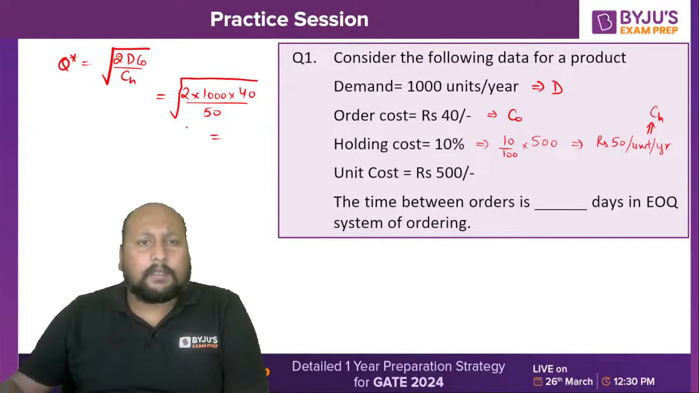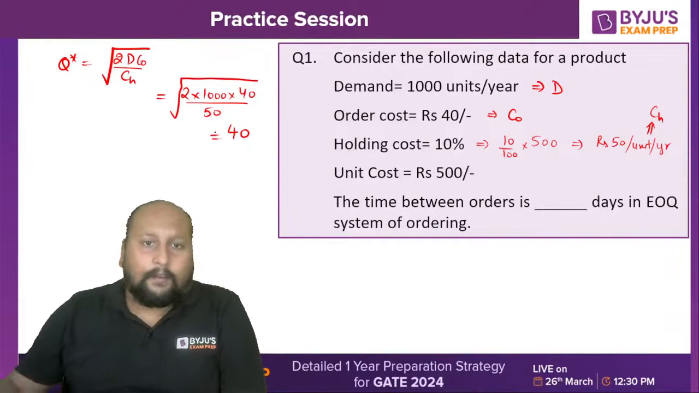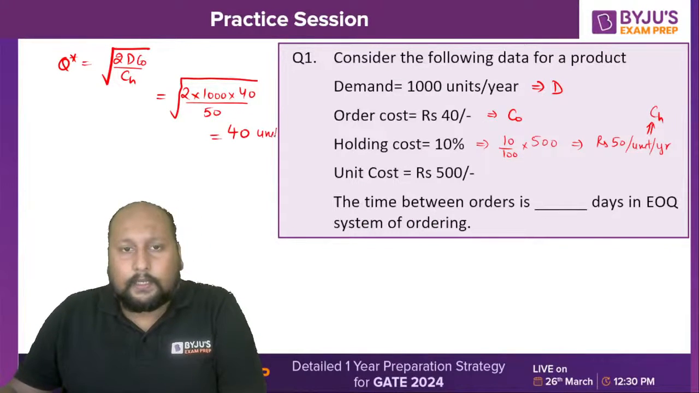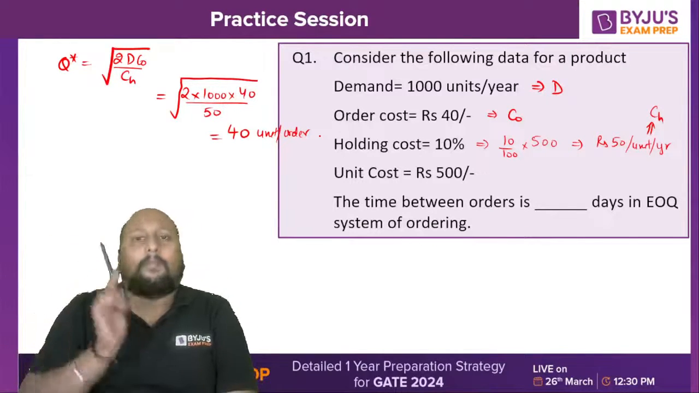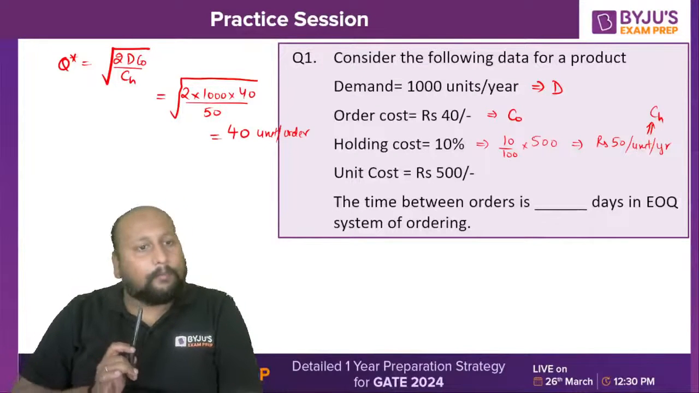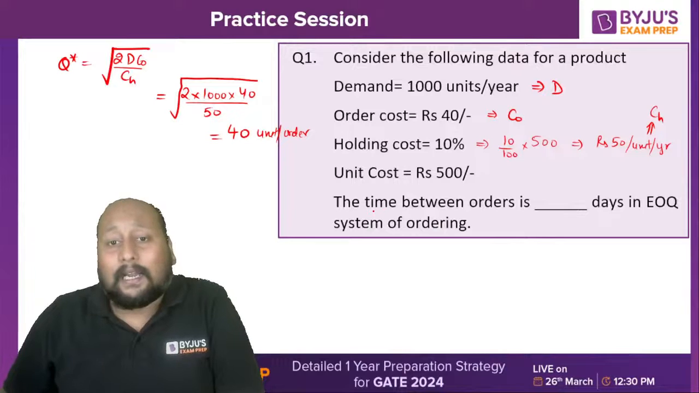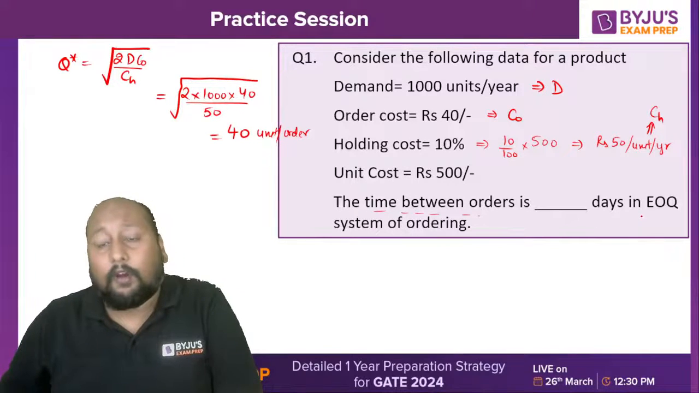It will be this cancelled out. I will be having 2, we'll be having 40. Yes, are we getting this 40 units per order? That means for economic order quantity, I will be placing 40 units every time. Very good, Saurabh. Very good, Gokul. 40, right? So now in the question, they are saying that what is the time between the orders if your